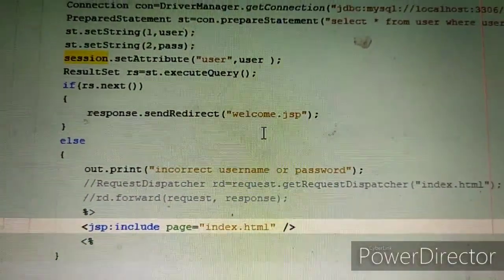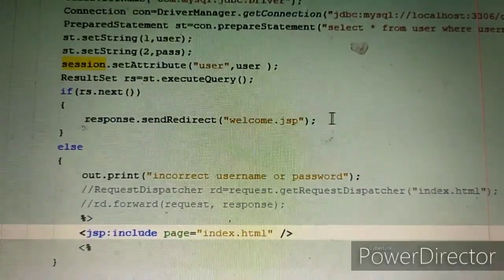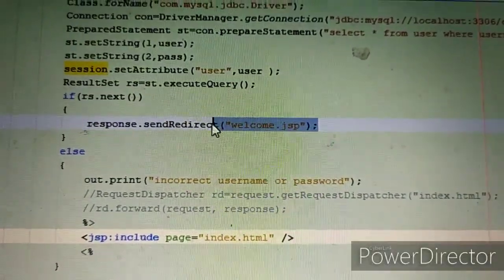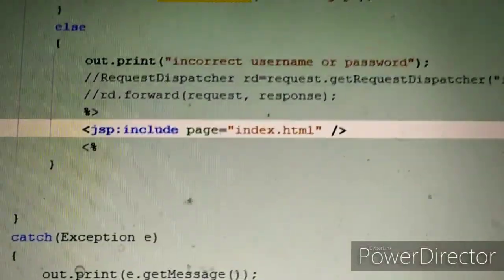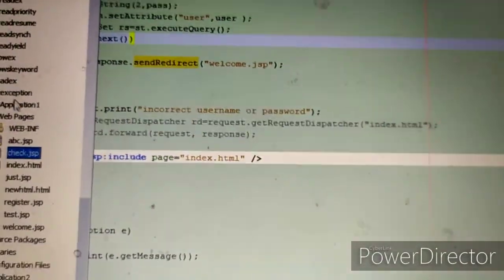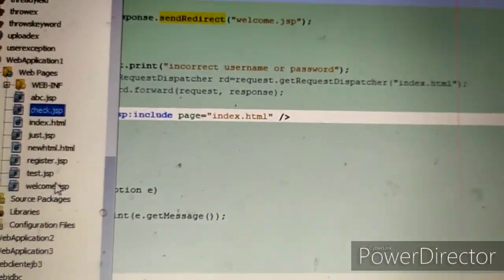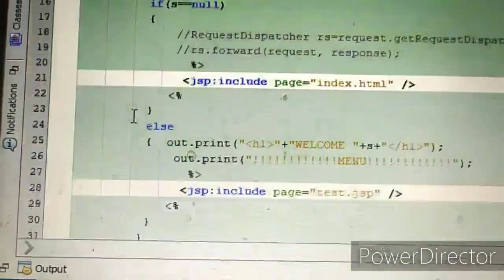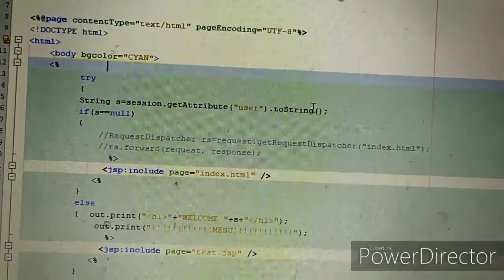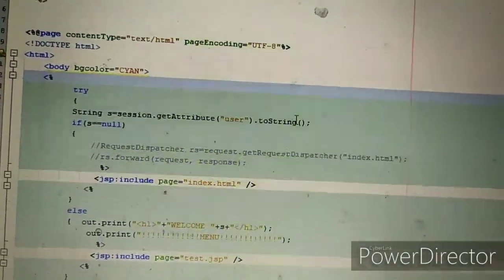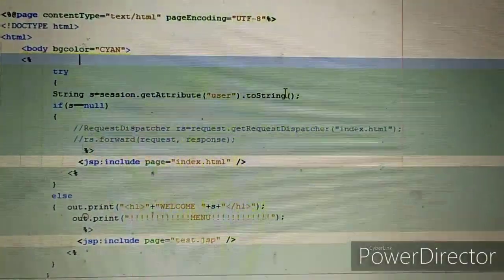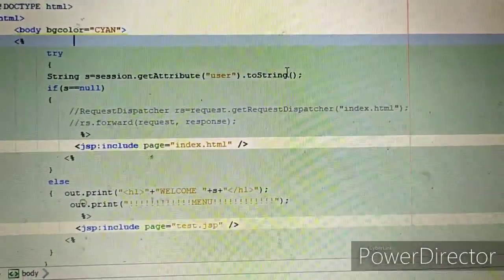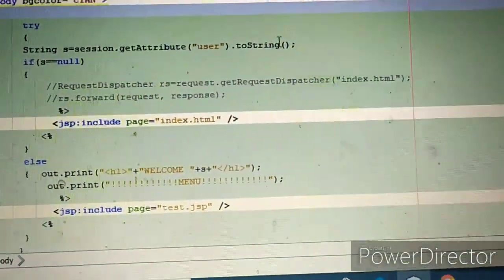Now let us see the detail of this welcome.jsp page. Okay, so what will we do in this welcome.jsp page? First of all, we will read the session attribute user.